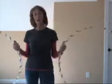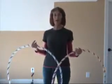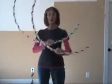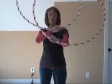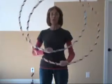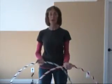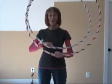Okay? And then as you get that and your brain is wrapped around the fact that, okay, the hoop closest to me, when they drop, it goes to the front. The next one drops under, it goes to the front. Under, to the front. Under, to the front. When your brain starts understanding that that's going to happen each time, then you can start not catching them each